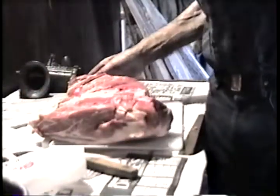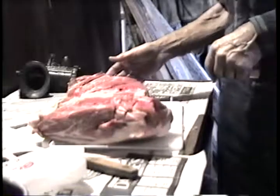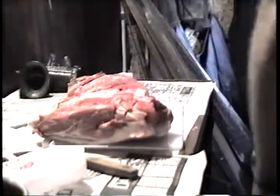Well, there isn't that much fat. There's some here, but not an awful lot. This weighed what? Was it 18, 19 pounds? No, about 19, yeah. Good for you, that's a good one. All right, let's see if we...